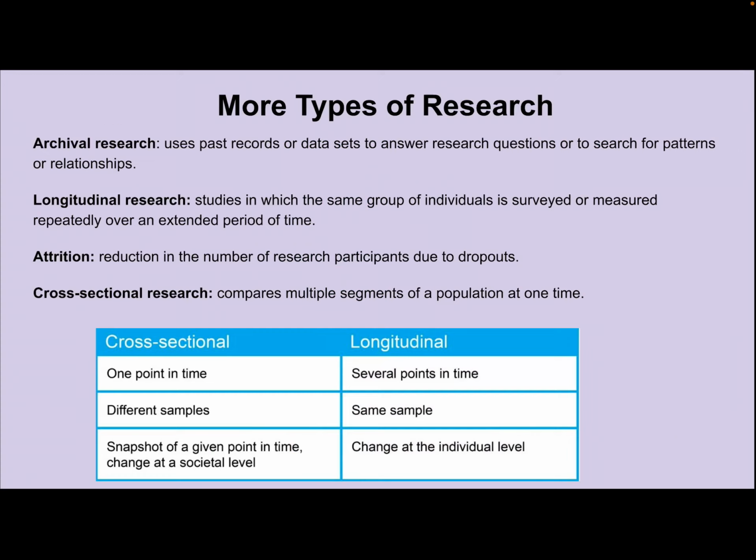However, with a real experiment, we can manipulate the independent variable and measure the dependent variable, but we need to operationally define them, right? So if I'm saying that hours of sleep, the more somebody sleeps, the less tired they will be, how am I going to manipulate how much they sleep and measure how much they actually slept? And then how am I going to measure how tired they are, right? That one might be a little trickier. How do we measure how tired they are? Those are our operational definitions.